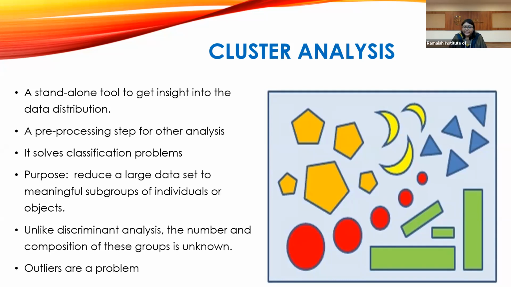Now the major problem here is, in the discriminant analysis we already saw that the number was defined because we were saying okay it will be low or high, it will be high, medium or low. But in this cluster analysis we do not know how many groups exactly we are going to get. That means it depends on your number of variables. It depends on many other factors based on which you can find out the number of your groups, that is, how many clusters are divided. And here one of the major problems is outliers. When the outliers are there, it also considers the outliers in this analysis, which might result in a problem at a later point of view.